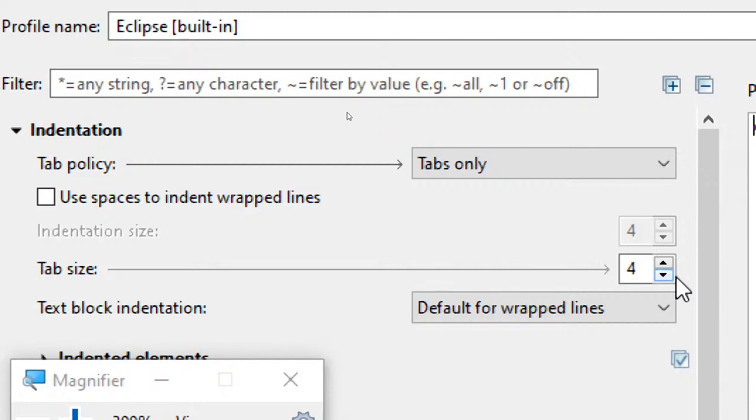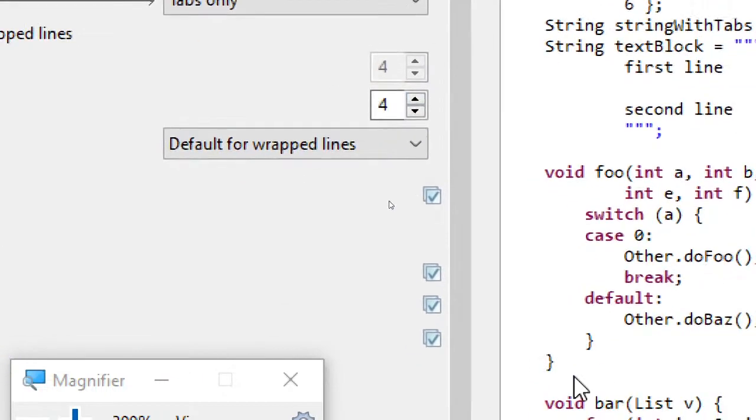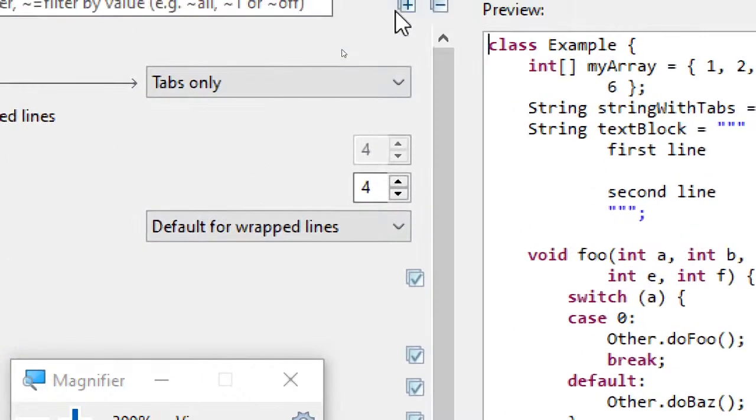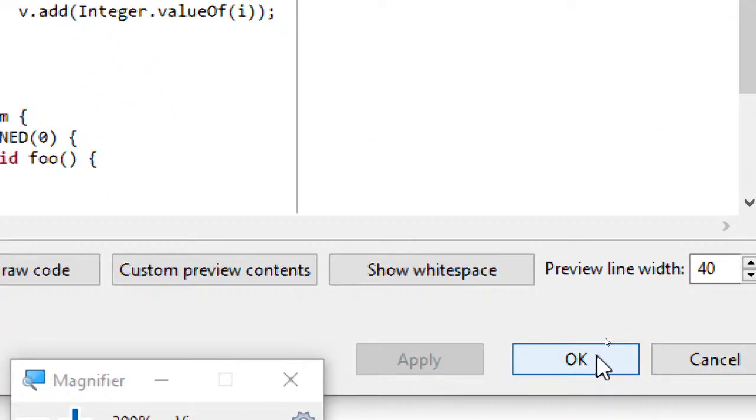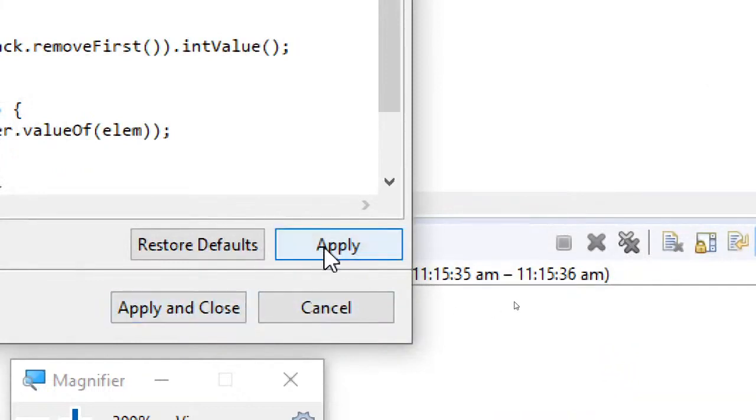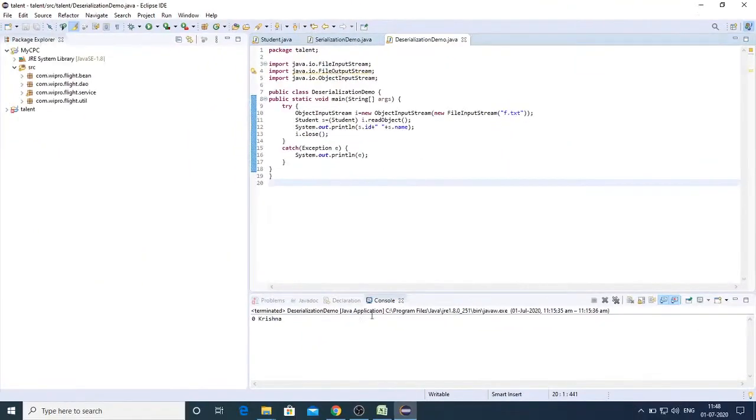And this Edit gives you all kinds of formatting changes that you wish. You can modify, and once you are done, close this by clicking OK. Just click OK, Apply, and close. So this is how you will do it in Eclipse.